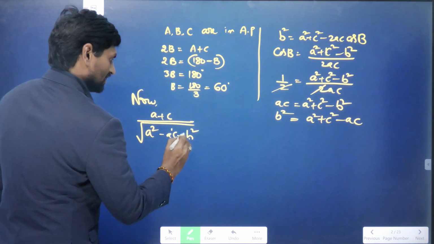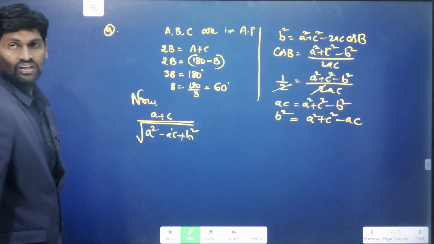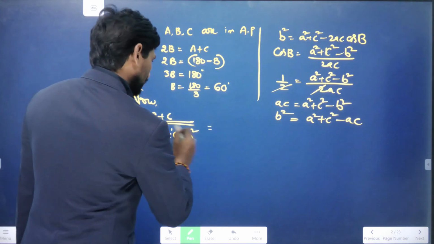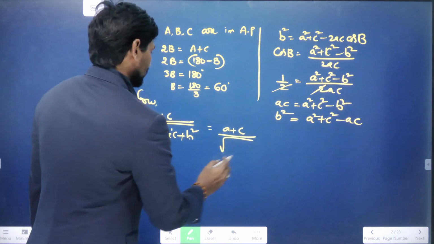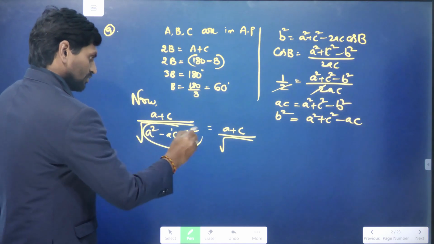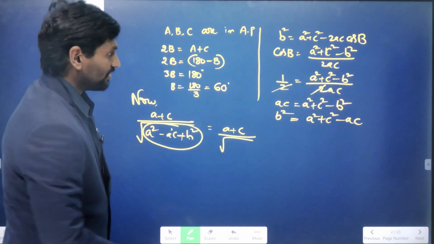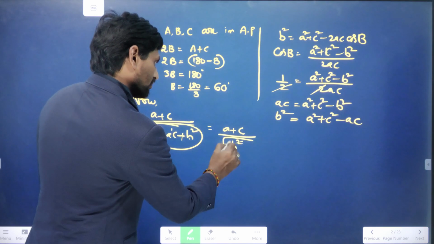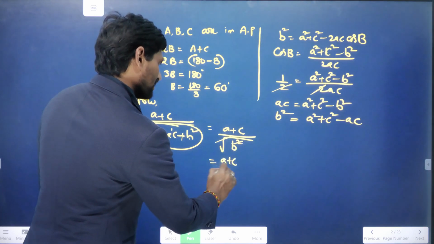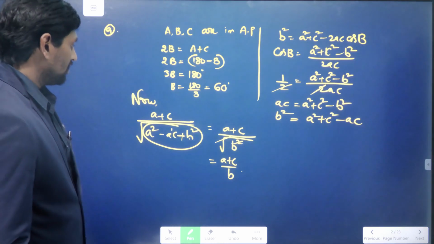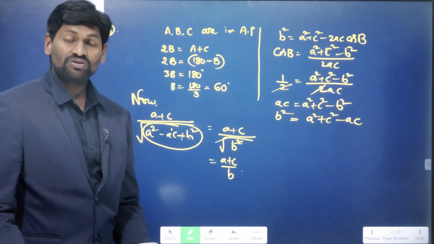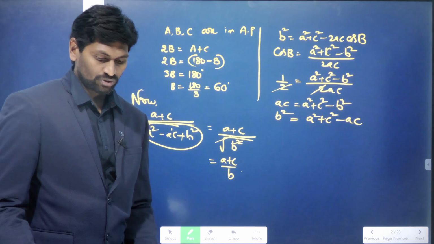Yeah, minus AC plus B square. Okay, that is equal to, I am just substituting this value: in the place of A square minus AC plus B square, we can write B square. The square root cancels, therefore the answer is A plus C by B. But still the problem is not yet solved,